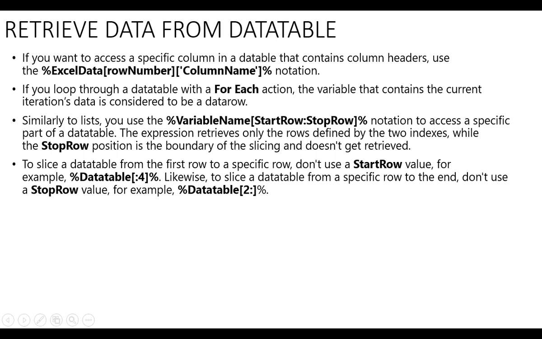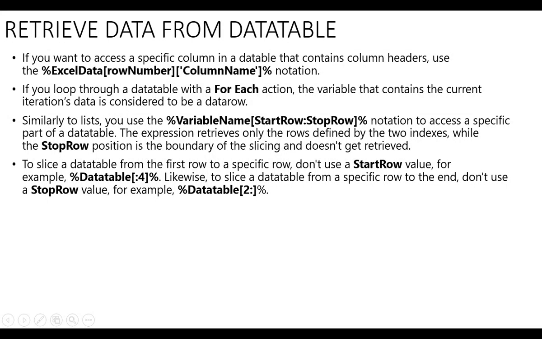If you want to access a specific column in a data table, you have to follow this structure. In quotes, you give the column name. Here it is a number, and since it is a string, we are giving it in quotes. If you loop through a data table with a For each action, you get the current row in a variable that is called CurrentItem. Okay, and this is how you